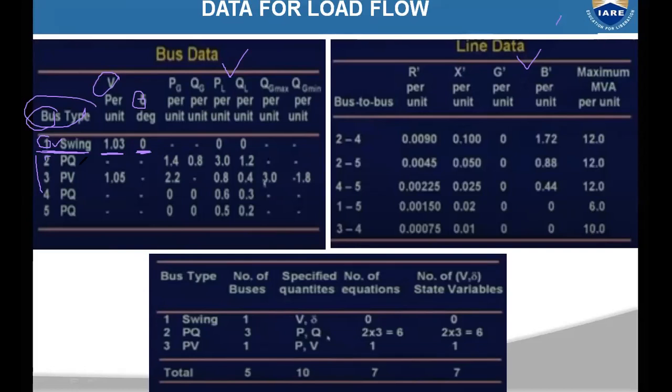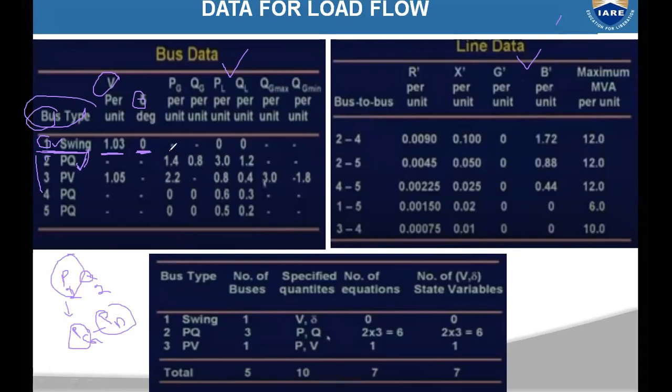Now, the second bus is the PQ bus. As the name itself says, two parameters are specified, P and Q. These are the injected active power and reactive power. Suppose P2 and Q2 are the injected active and reactive powers. Injected power is nothing but generation minus demand, as I said before. That means you should know both generation and demand to know P2.